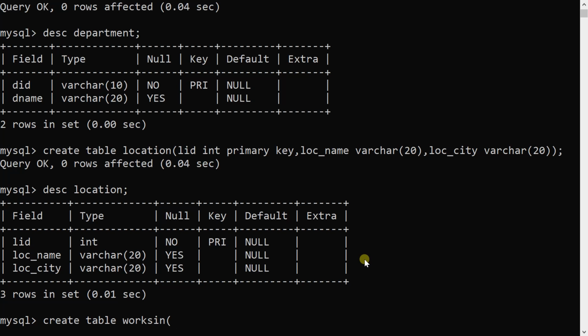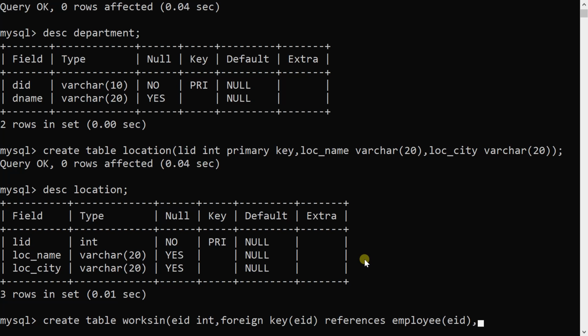So the first one is EID. What is the data type of EID? Int, comma, foreign key. Just check the syntax to declare foreign key constraint. Foreign key into bracket, EID, references, which table we are referring? Employee, right? Employee into bracket, EID. This is my first attribute which works in table has.